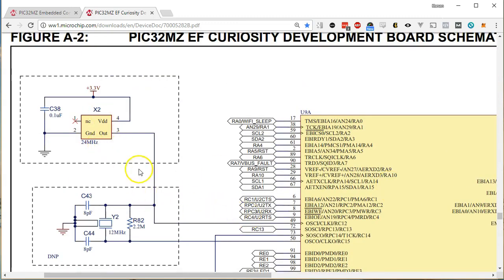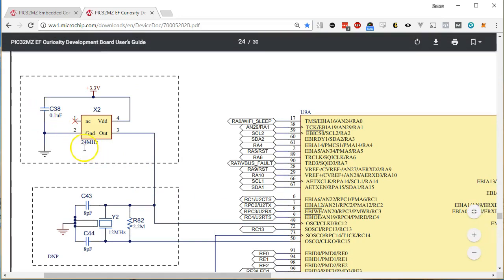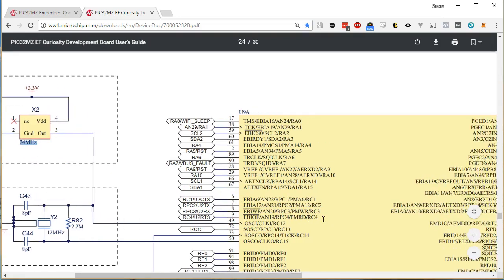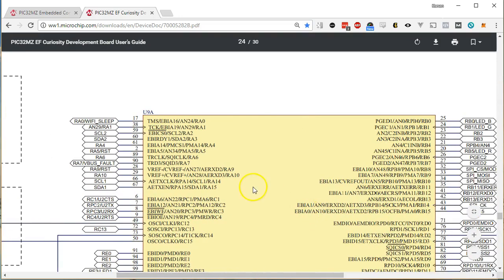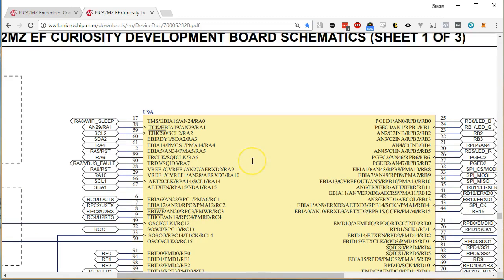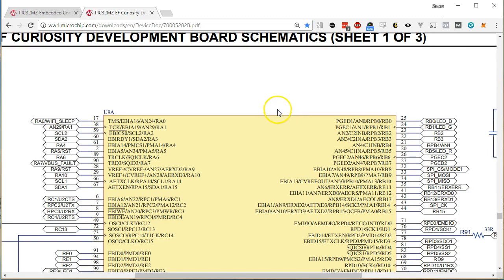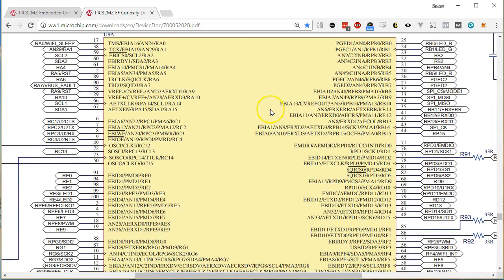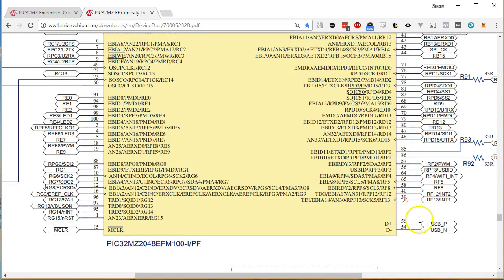Sorry, I was just looking at the diagram over here. This is for an external oscillator, a 24 megahertz oscillator, it looks like. You can actually use it. The oscillator is really only important if you're going to be running USB, because the internal oscillator is good enough for what we're talking about. As soon as you try to do USB, any of these USB connections, to set it up as a mass storage device or something like that,